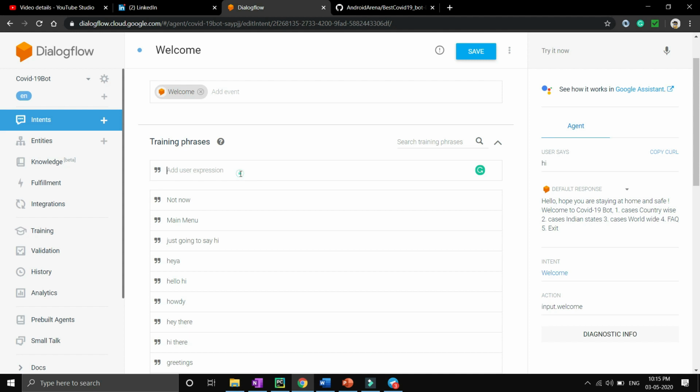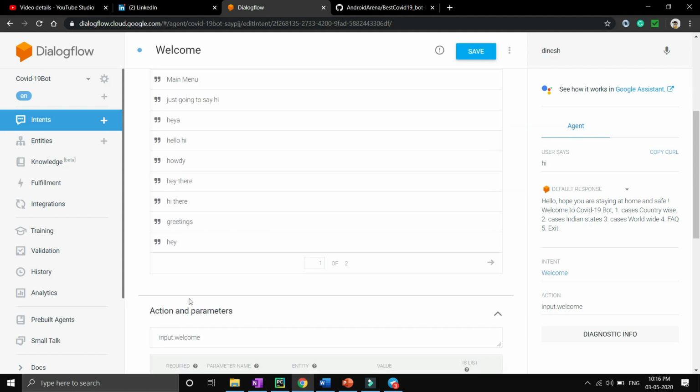You can train your intent however you want. If you want to train a word like Dinesh, just hit enter, and whenever a user types Dinesh, it will go inside the welcome intent.